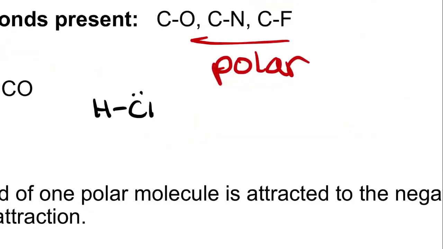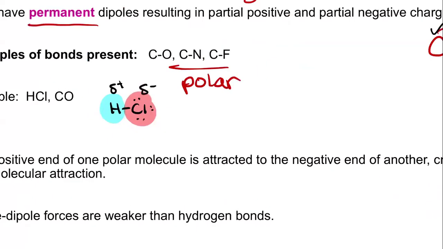So hydrogen versus chlorine. Chlorine's more electronegative. Let's keep it minus with the red. Hydrogen is less electronegative. The less electronegative gets the partial plus. The more electronegative gets the partial minus. And here we have a little magnet, a little dipole. I have a dipole between HCl. Another HCl can come in and the same thing will happen. They'll line up, interacting with each other, attracted to each other,